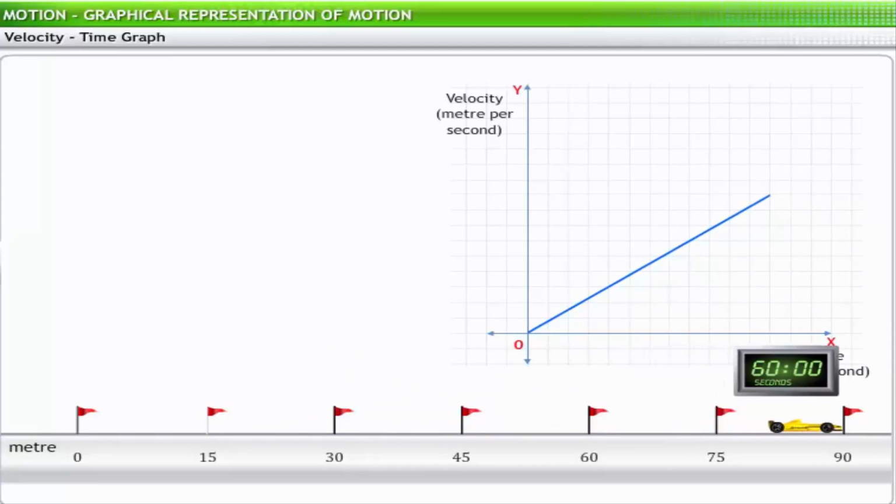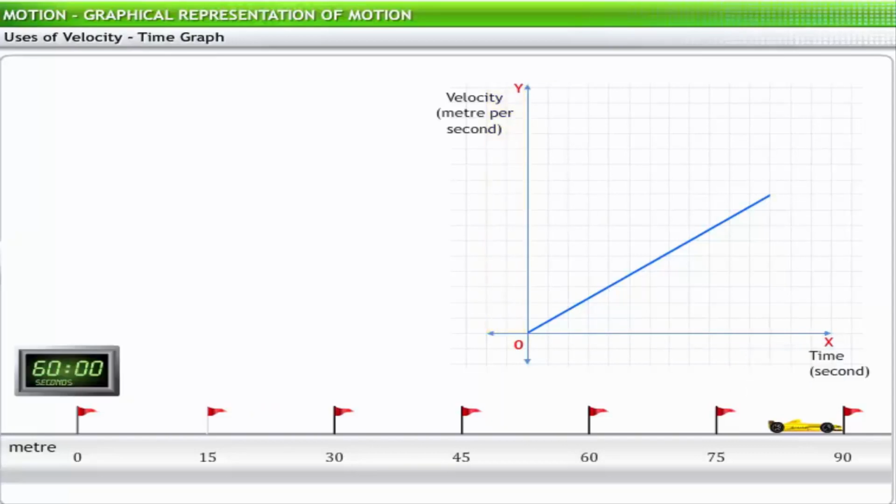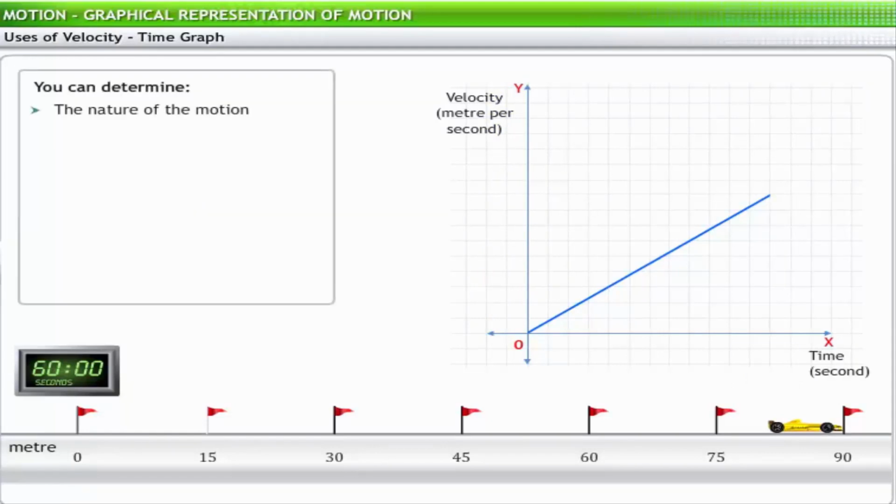In a velocity-time graph, time is taken on the x-axis while velocity is taken along the y-axis. Using a velocity-time graph, you can determine the nature of the motion, the velocity of the body at any instant,